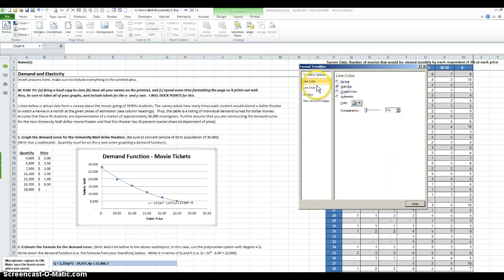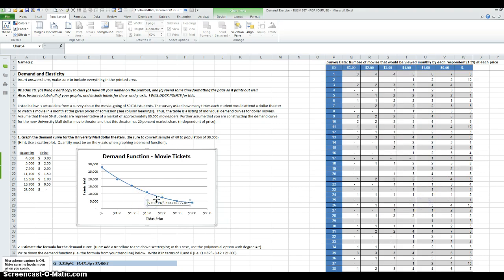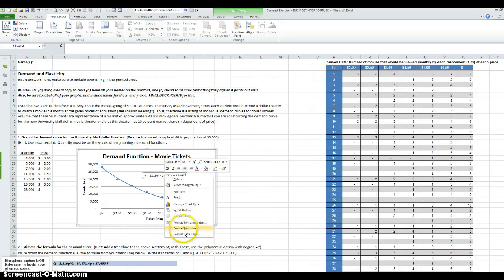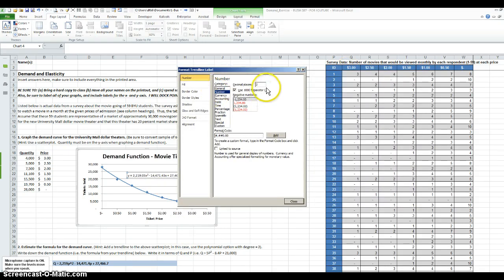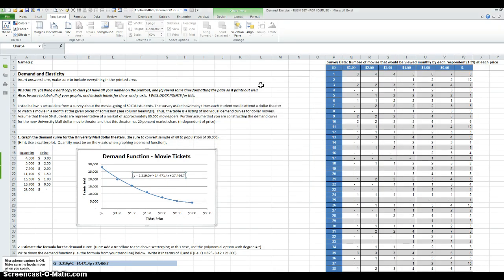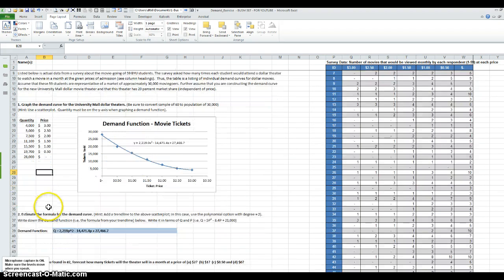I'm going to make this a little bit prettier. Okay, but that's the formula that I come up with right here. That y equals 2,219 x squared minus 14,471. Let's see, sorry, I want to have just one decimal place. Okay, so down here what it says is